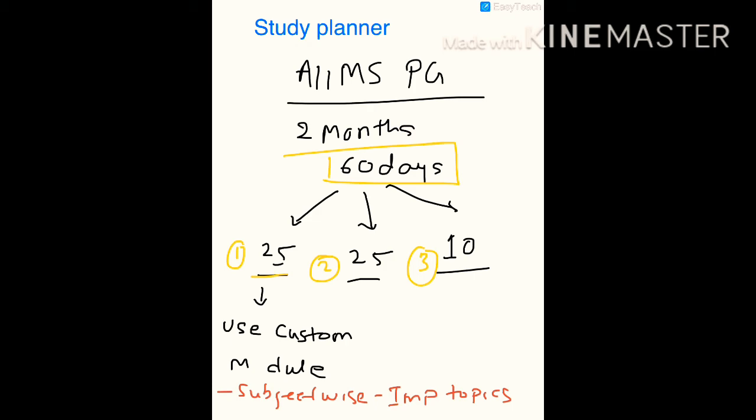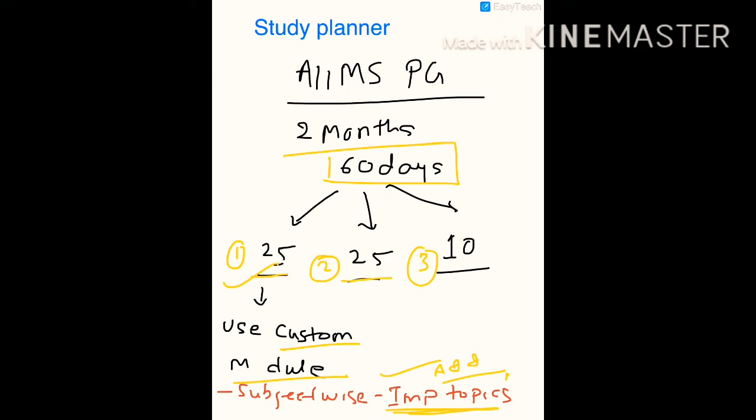So after solving the custom module MCQs, just go through the explanation which is given below the MCQ, read it, and note down the important topics which are there in the MCQs, and revise those topics only from your notes, because from those topics only you will get 50 to 60% of the questions in the exam. So those are very important and you should revise those topics again and again. So in the first 25 days, solve these custom modules for the AIIMS and NEET PG subject wise, and read the important topics from your notes.